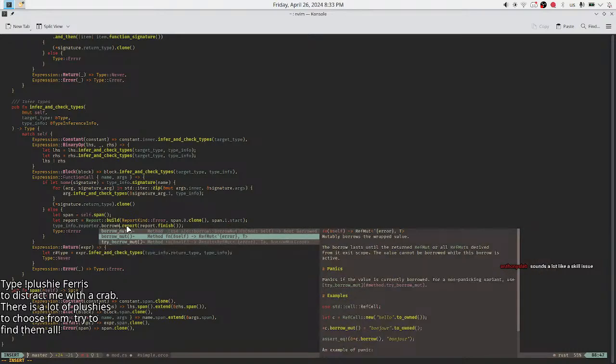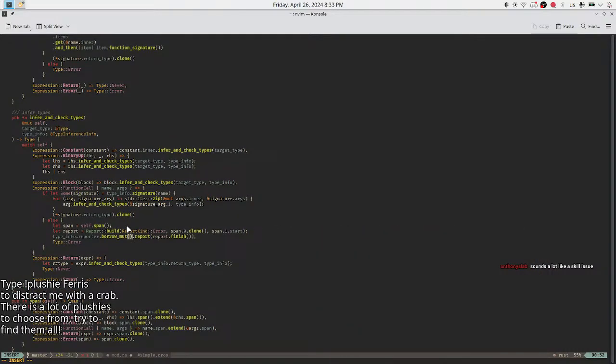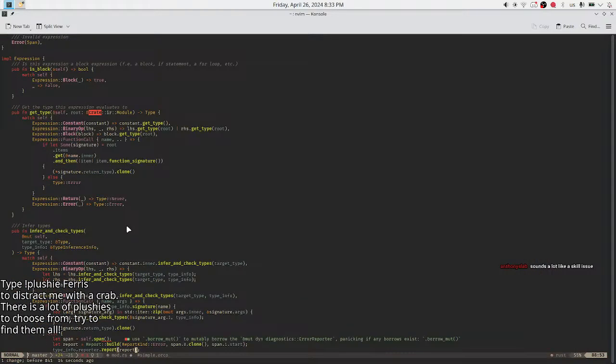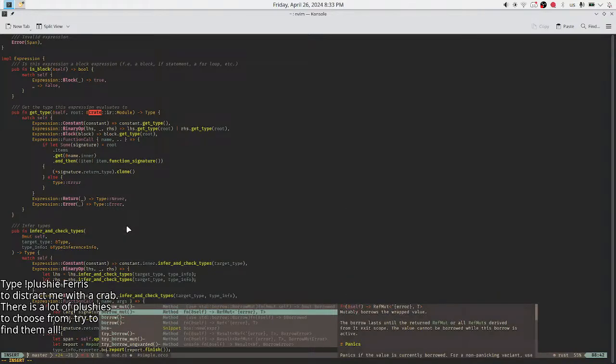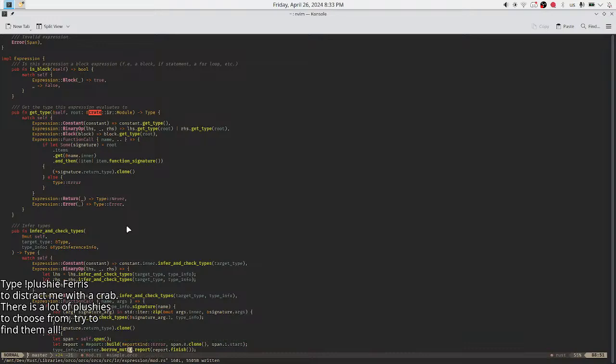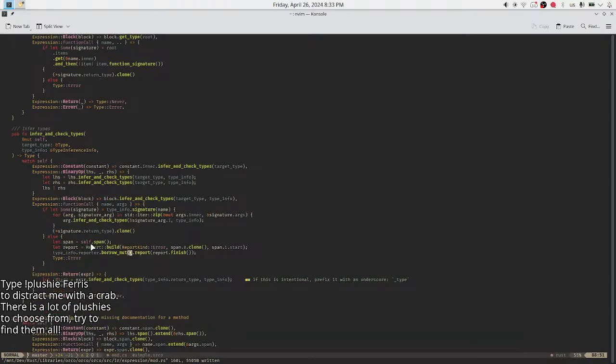Borrow mute. Why do you keep doing this? Don't need to use anything. Port build a with message function.